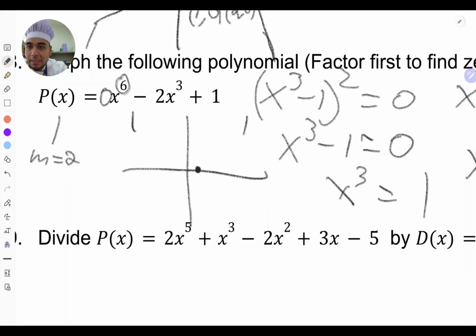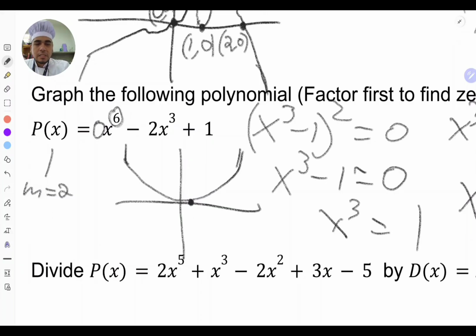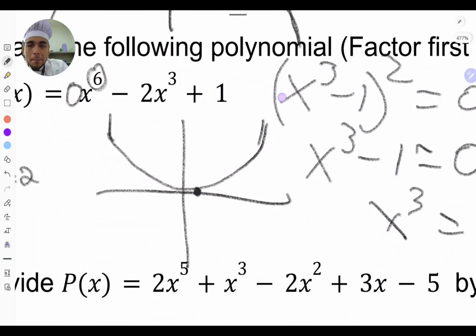So we have to finally graph this, right? Well, looks something like that. True. But we're not fully done, because this is a degree of 6. And we know that any polynomial with a degree of n has n amount of zeros. Okay? So there's no way that we have learned yet to find those zeros, but we do know